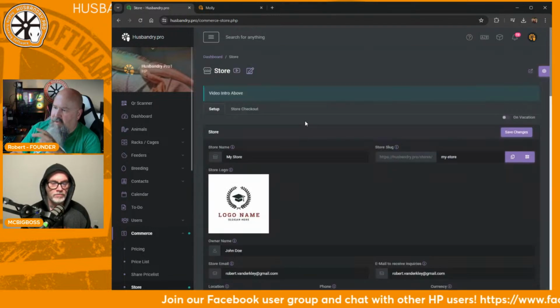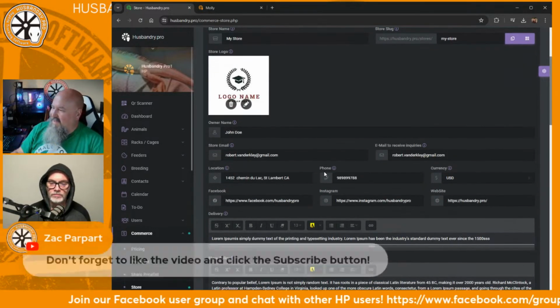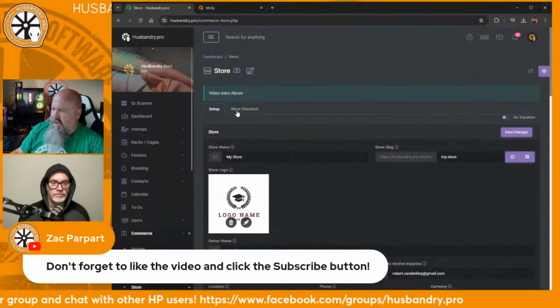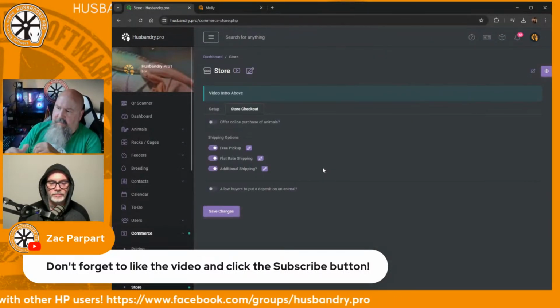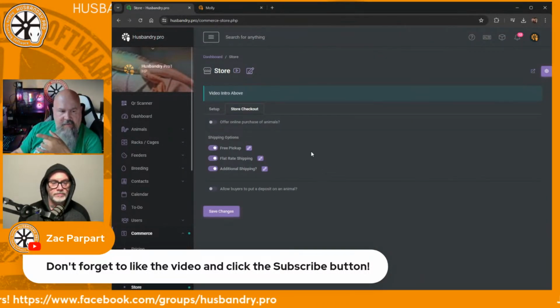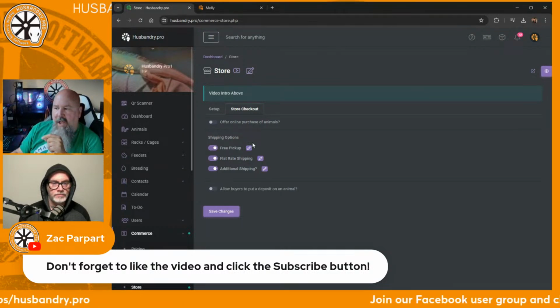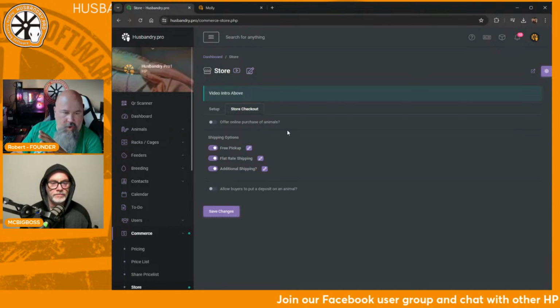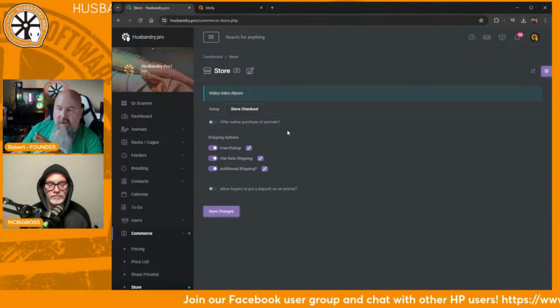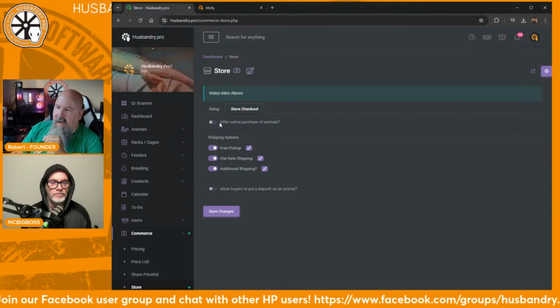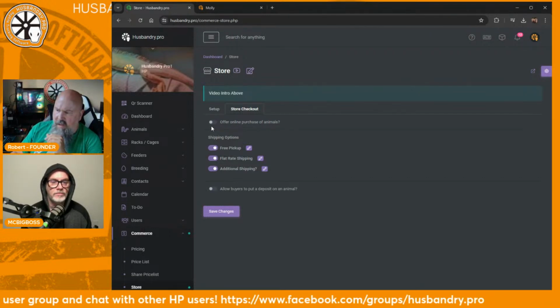I'm using a development version too, so sometimes I've got a little glitch here or there. So if we go up here to store checkout, if you don't have your gateways connected yet or turned on, you would need to have those on first. It'll warn you here to go turn on your gateways. So once you have your gateways on and connected, you would go here and click on